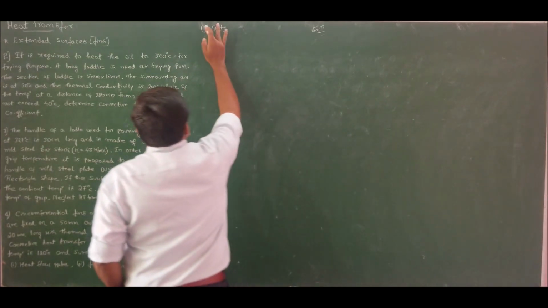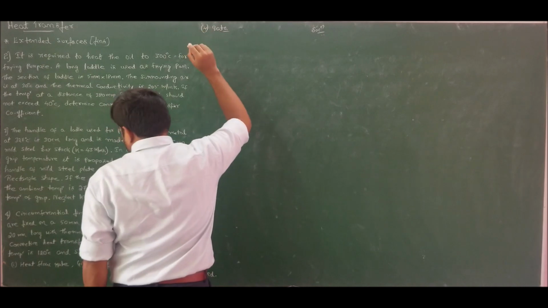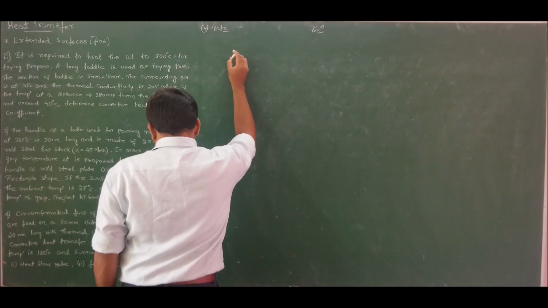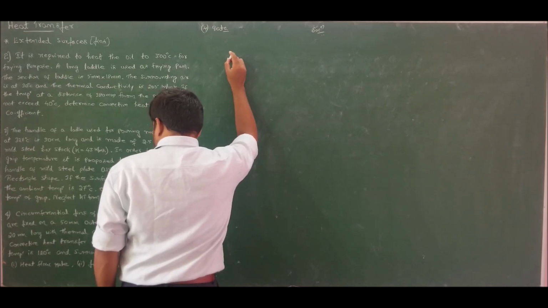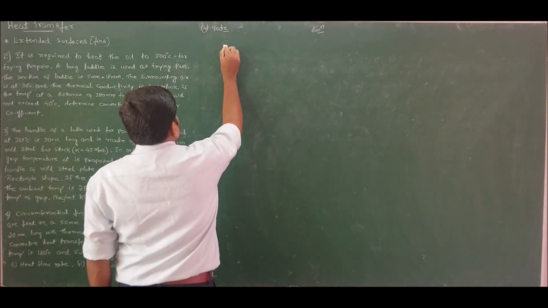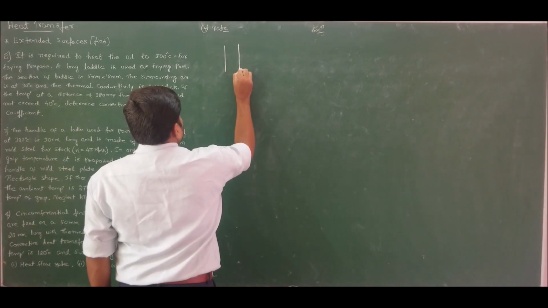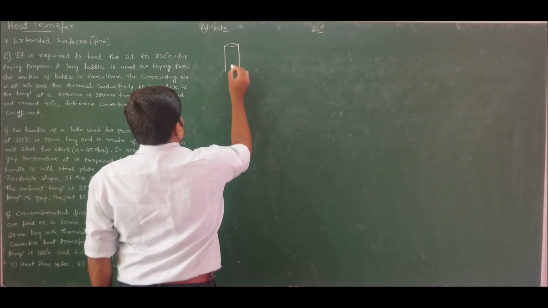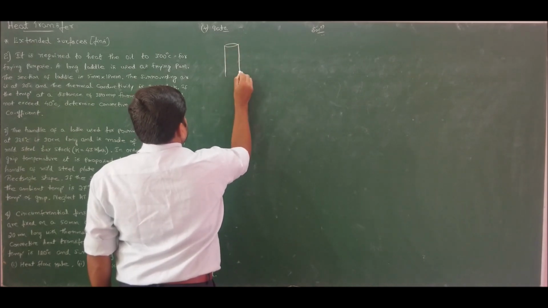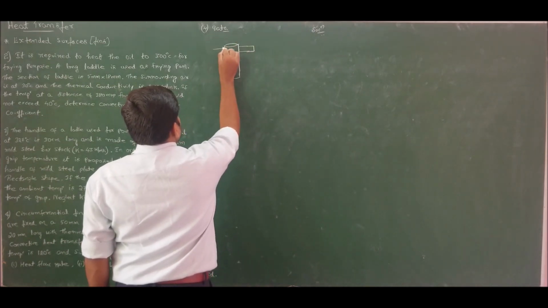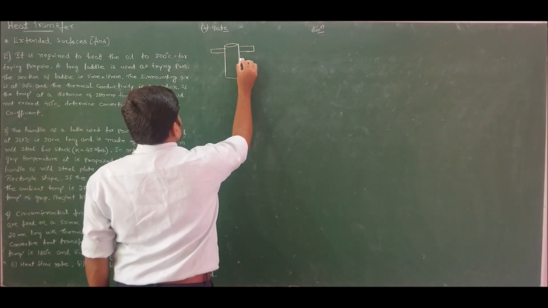So if I list the data given for problem number 4 of our discussion, we have circumferential fins of constant thickness of 3 mm fixed on a 50 mm outer diameter pipe. So we have a pipe of 50 mm diameter. On the circumference of this pipe, circumferential fins like this.